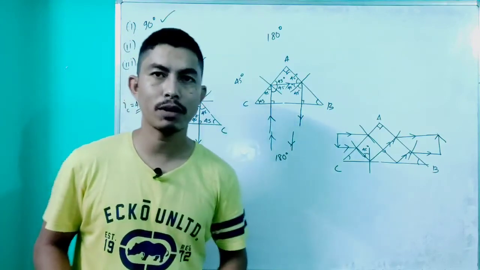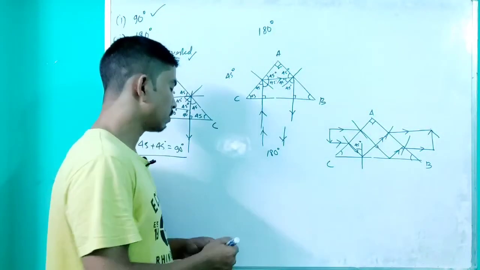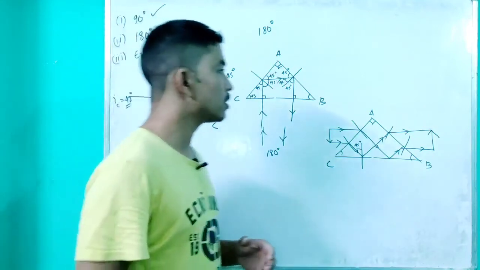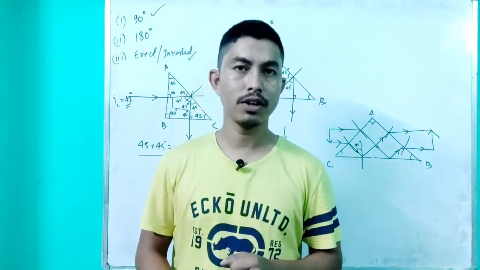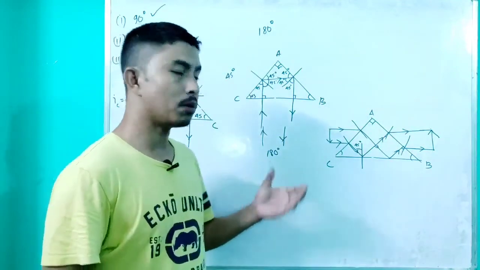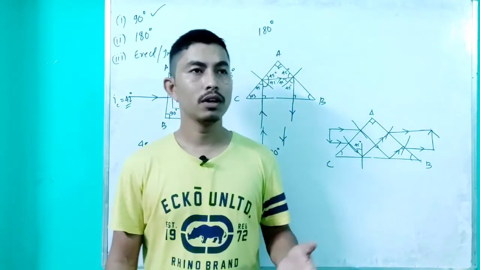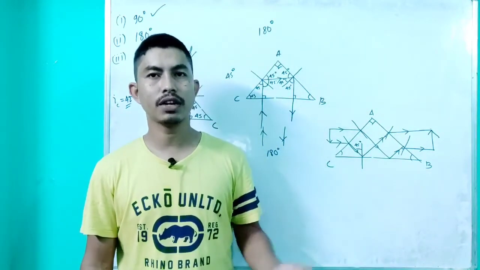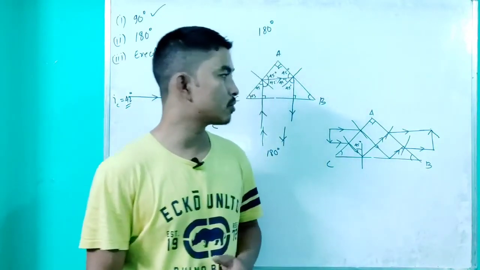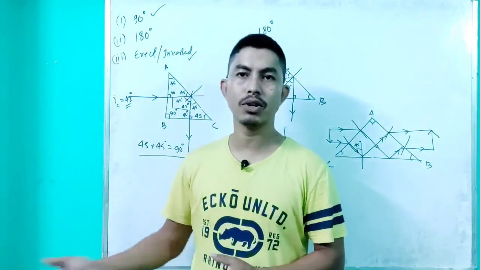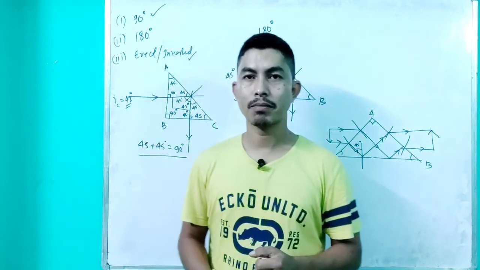So this is also an application of total internal reflection. One of the important points here is the advantage of total internal reflection. Using this principle, 100% of the intensity of light is reflected back. So there is no dissipation of energy. In this case the image formed will be brighter compared to the image formed by a plane mirror. So this is the end of your chapter.